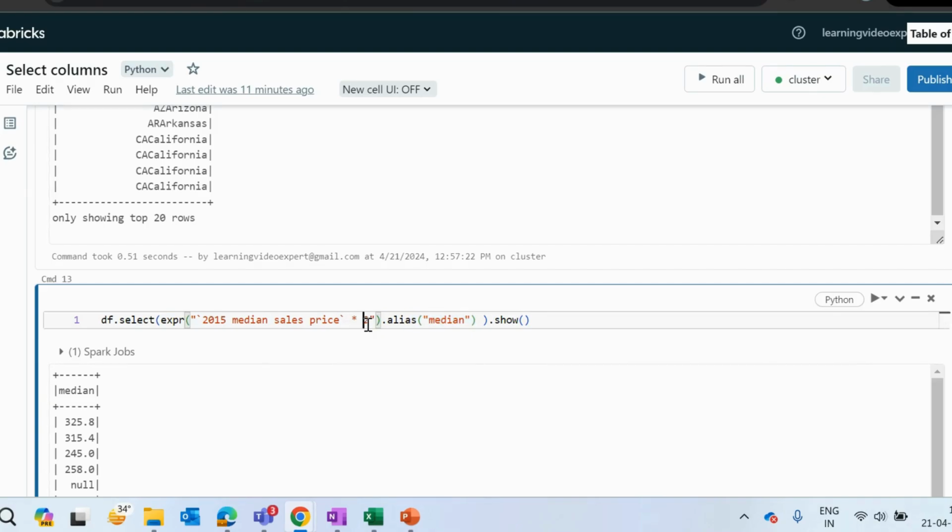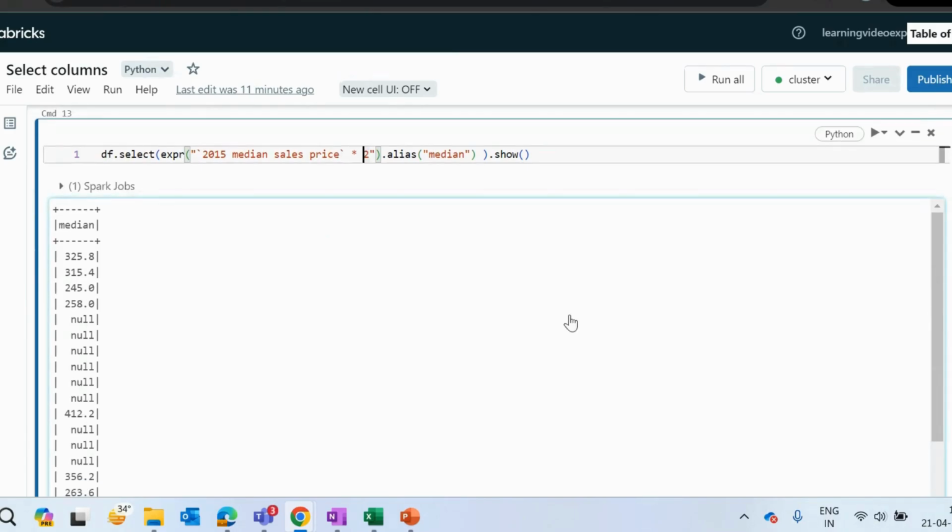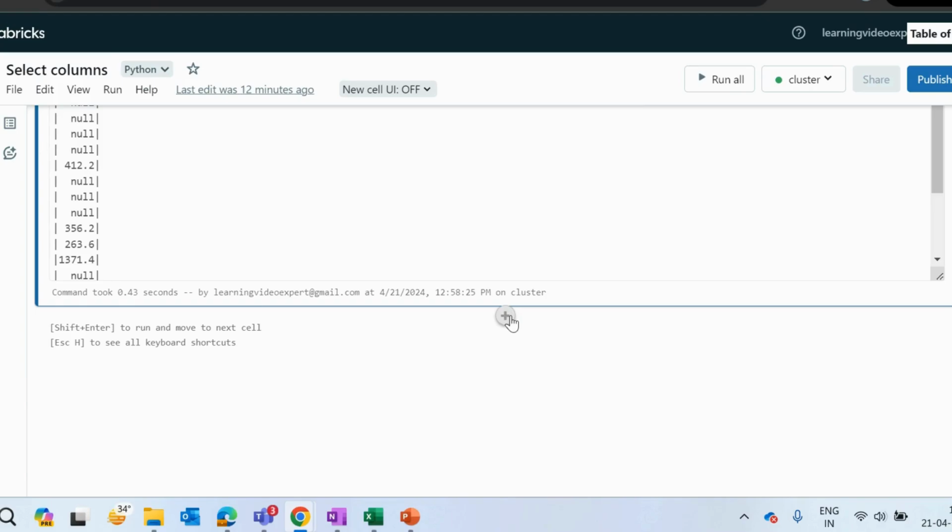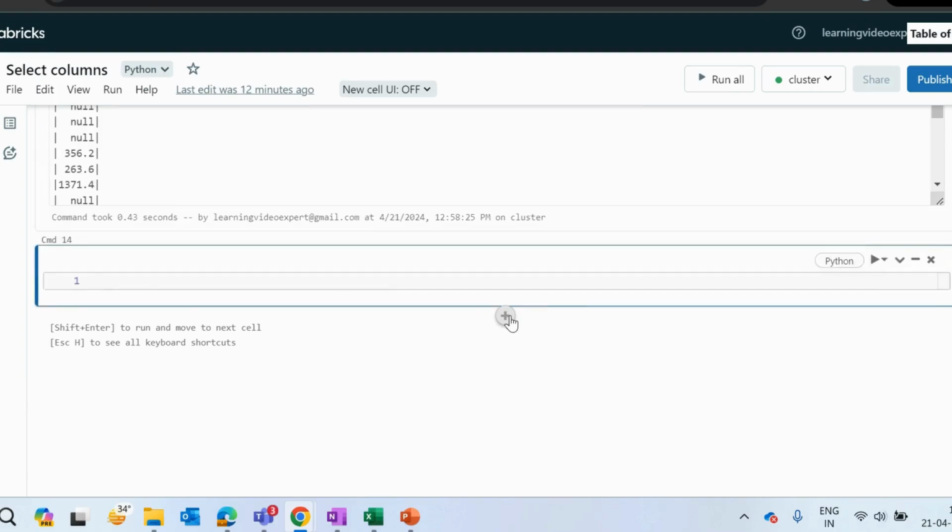Now, let's say I have Spark SQL, okay? You want to use the same thing in your SQL command. How will you do it? Let me create a temporary view in which I will run my SQL command. For that, you write df.createOrReplaceTempView.